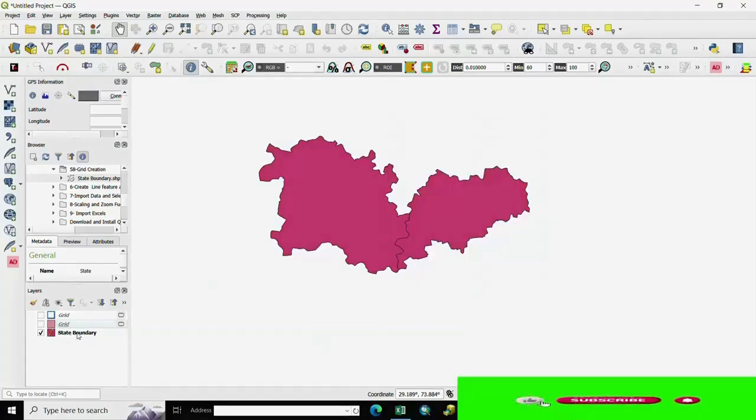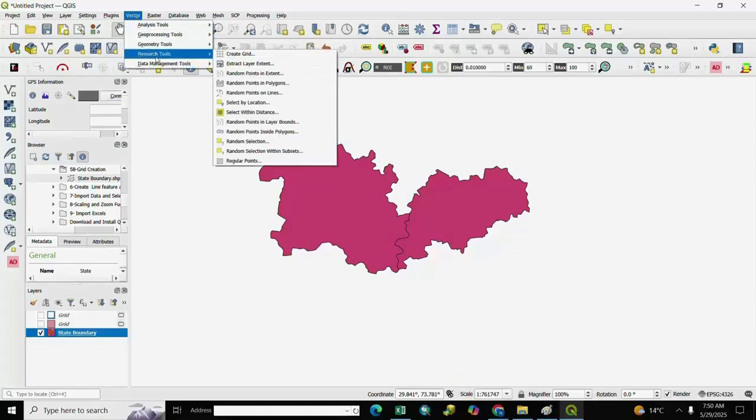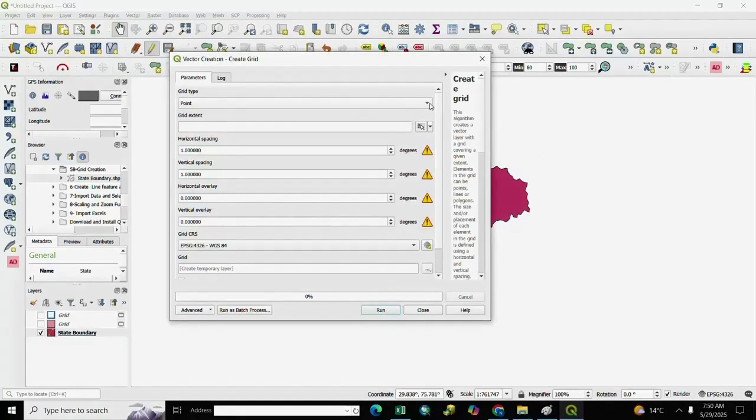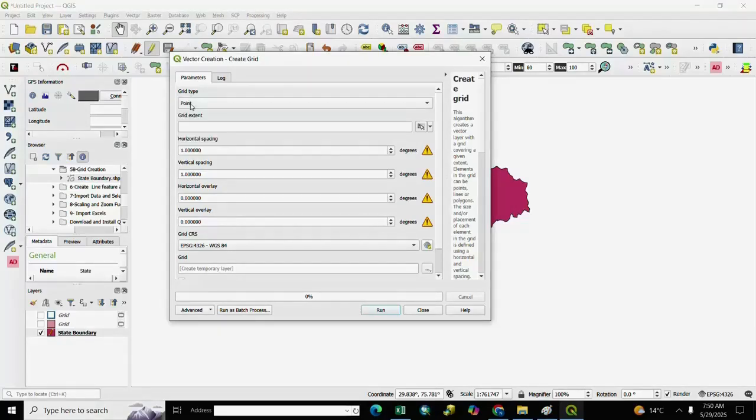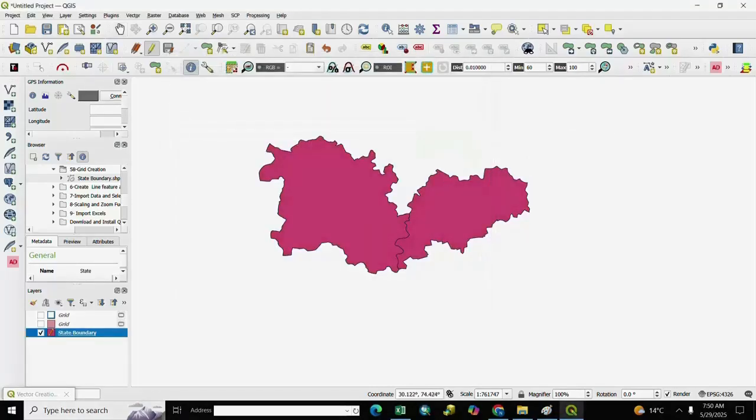And if you want another, go to vector, research tool, create grid and if you want to create a grid of only points, you select here point and grid extent, we select this one only.